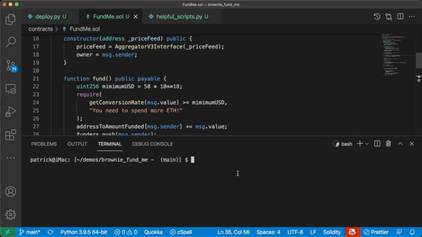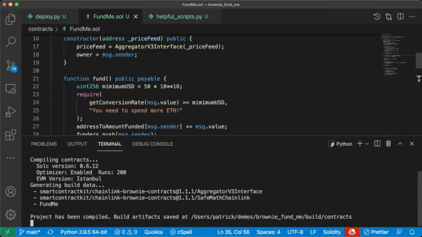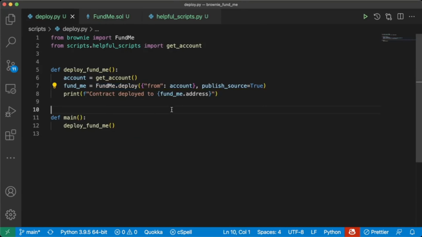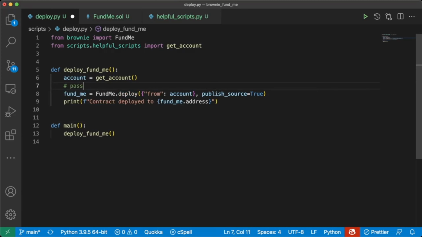We can even verify this with brownie compile. And great, looks like it's compiling perfectly. Now, our deploy function is going to need to look a little bit different. We're going to need to pass the price feed address